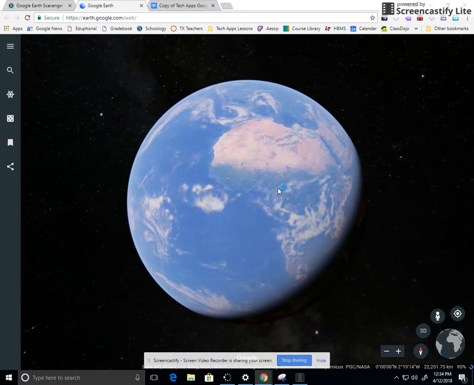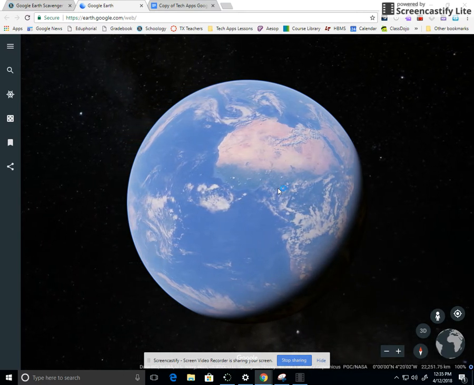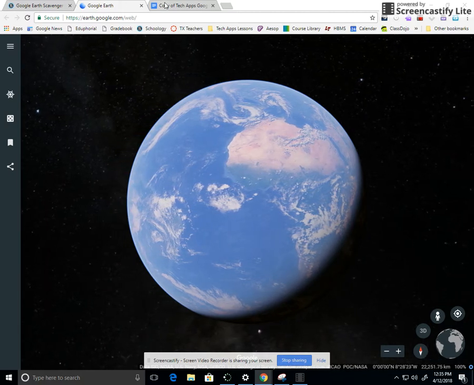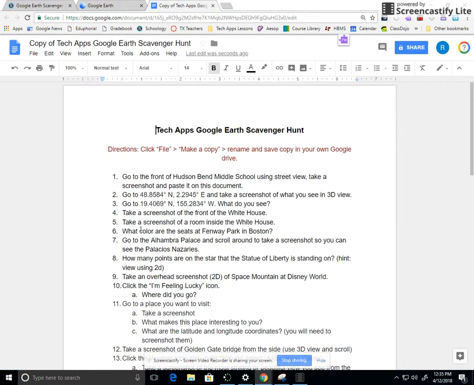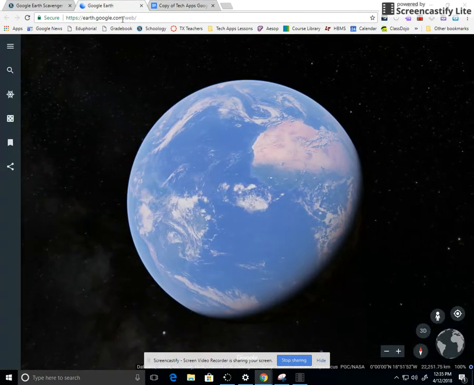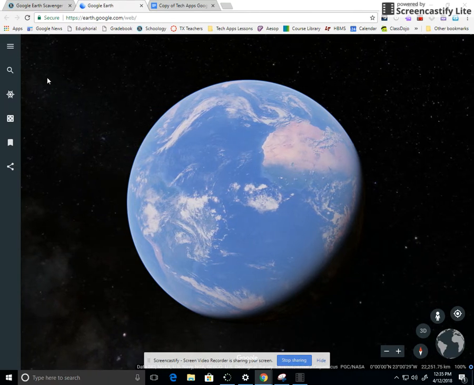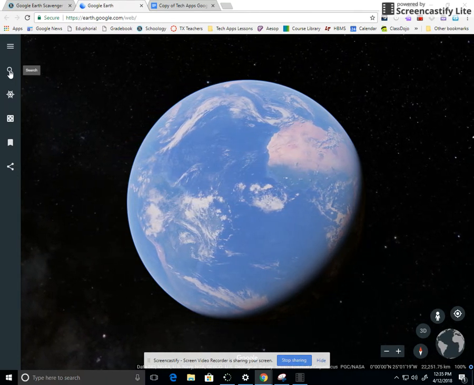And once it's loaded, you'll see that we've got an Earth here, a globe here. And the first thing we're going to want to do is go to the front of Hudson Bend Middle School using Street View. And then you're going to take a screenshot and paste it on the document. So I want to talk a little bit about the different views that we have. So first, we're going to use the search function